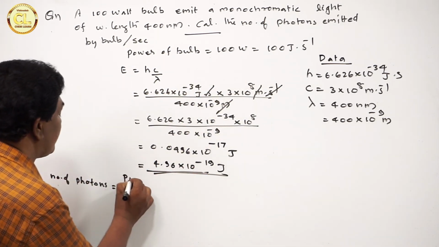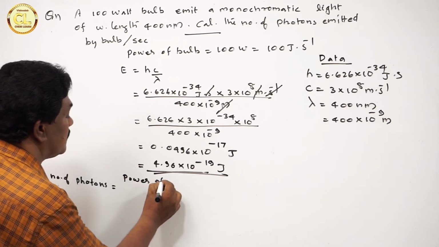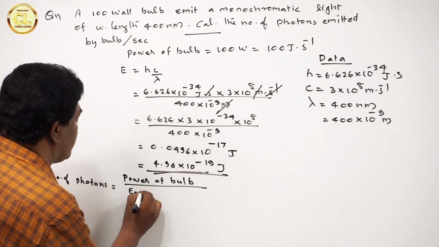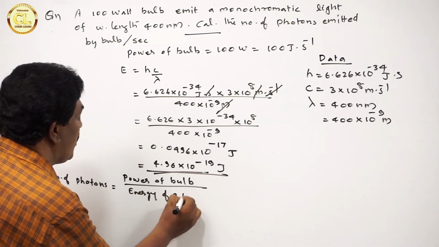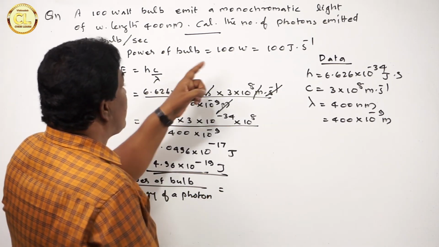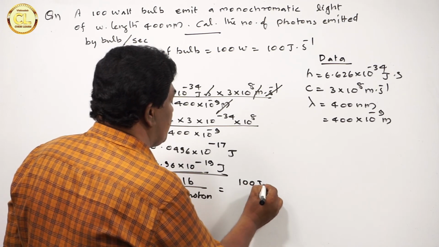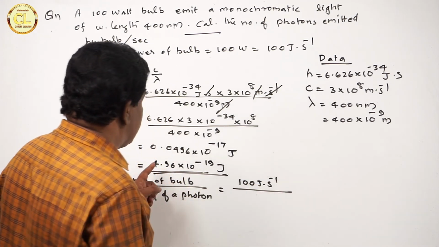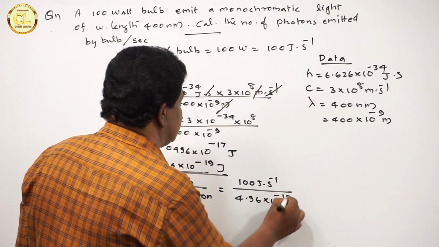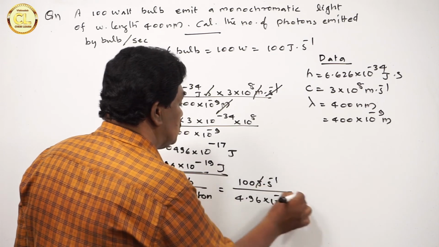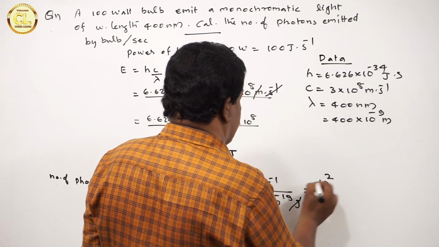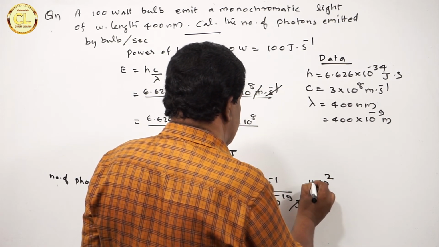So power of the bulb by energy of a photon is equal to: the power of the bulb is 100 joule per second. Energy of a photon is 4.96 into 10 raised to minus 19 joules. Joule gets cancelled off. 100 means 10 square, that is 1 into 10 square